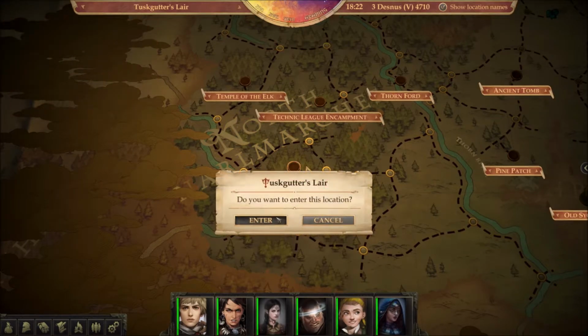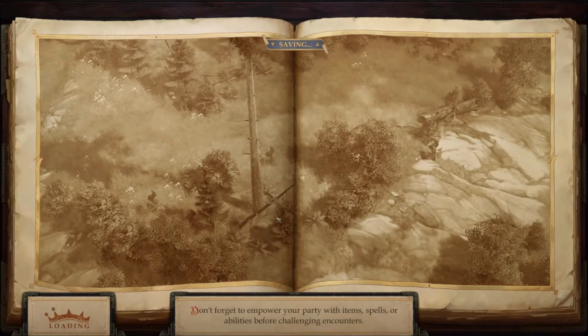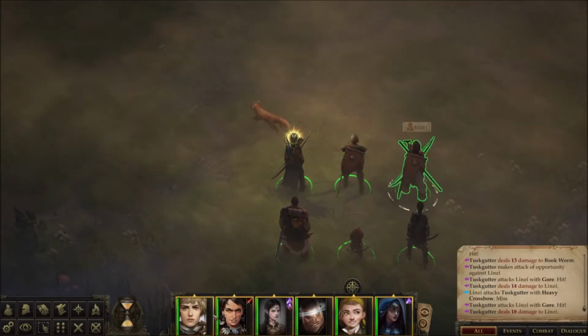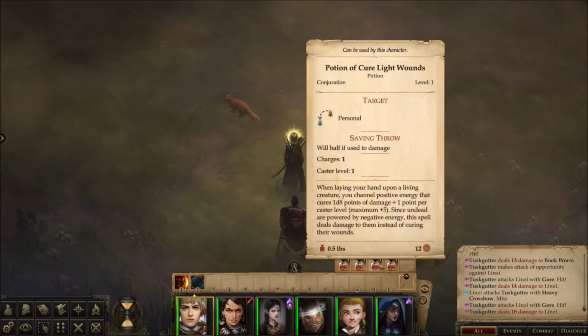So let's just enter the lair, buff up, and then we'll take that one little tippy step forward. Why Valerie didn't charge in, I don't understand that. Someone was like stepping on her toe or something. She did not run in, and I selected the whole damn party to attack. She just stood there like a dumbass. So...